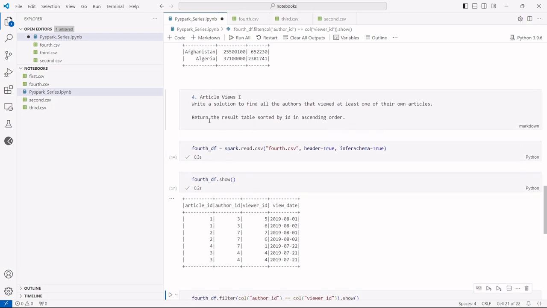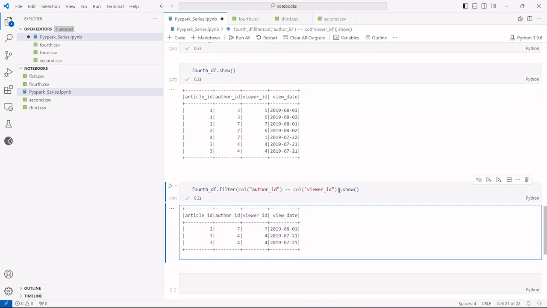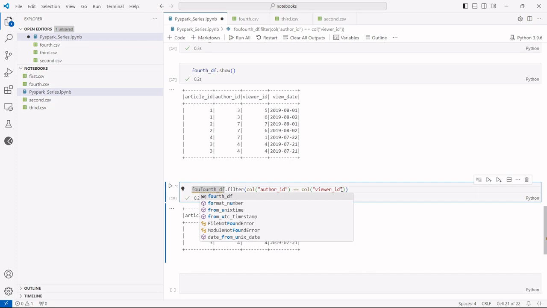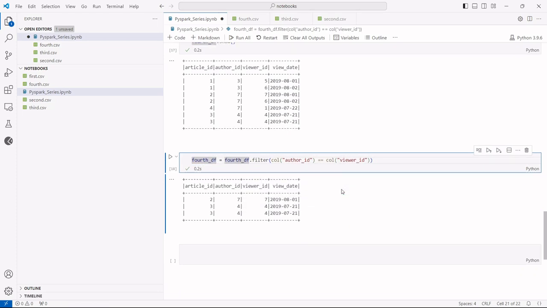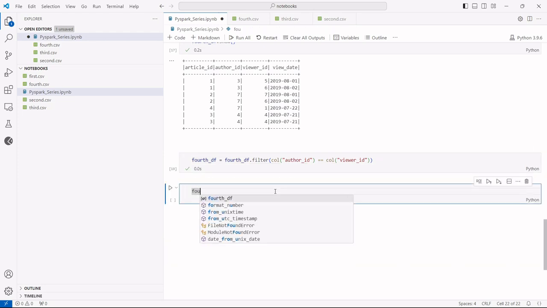You can see over here we have to return the result table sorted by ID in ascending order. So again, on the same filter, what we can do is we'll have to store it first into some other data frame or the same data frame. I'll just try to store it into the same data frame. It will just override it. Okay, so I'll execute it again, and now I'll apply